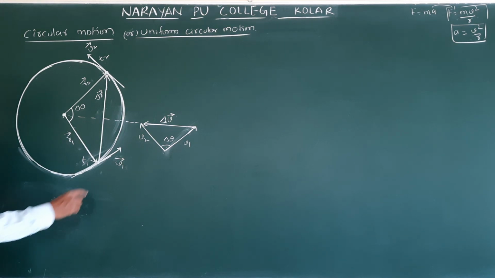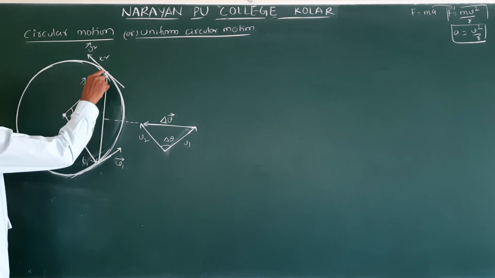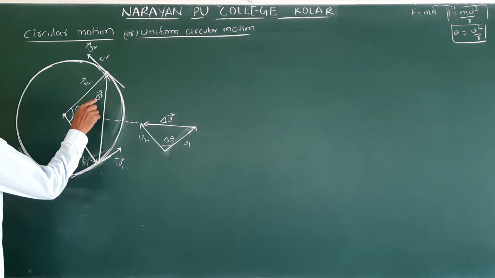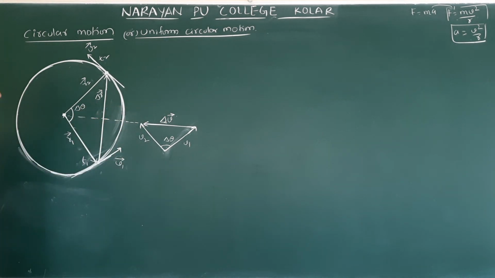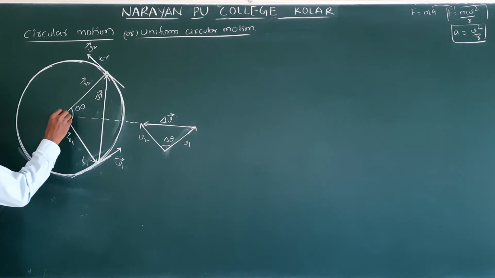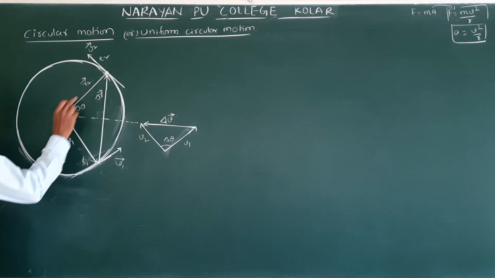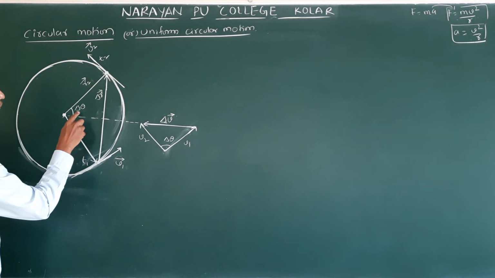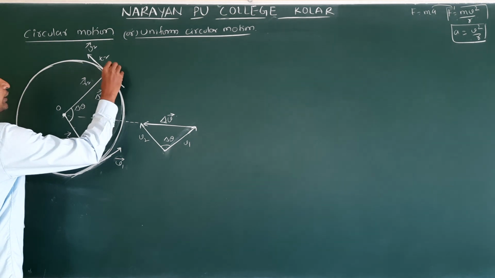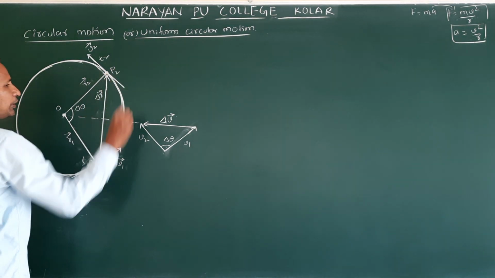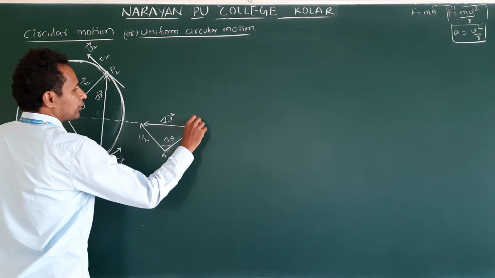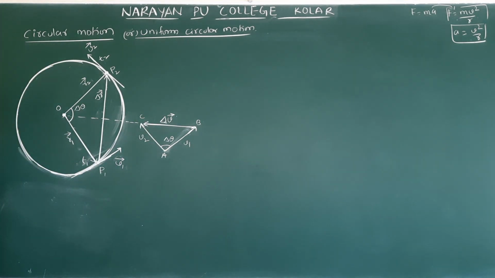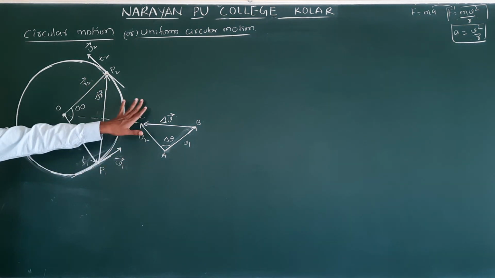See here, the position vector and velocity vector are always perpendicular. And the changing displacement vector and changing velocity vector are again perpendicular. To find that, this will be the convention. We are using only R. So this is O, this is P, let us say this is P1, this is P2, and here let us say A, B, C. Center O, point P1, point P2.